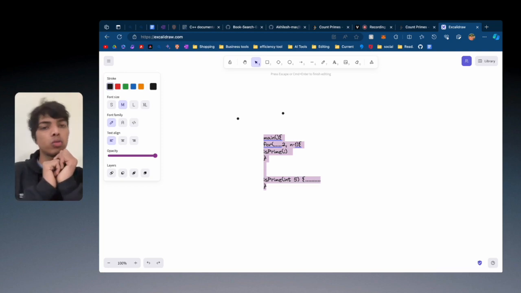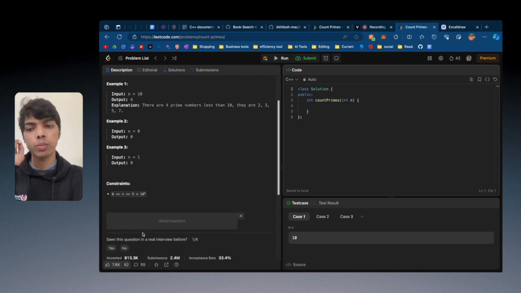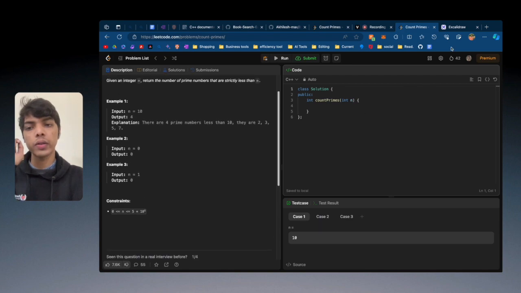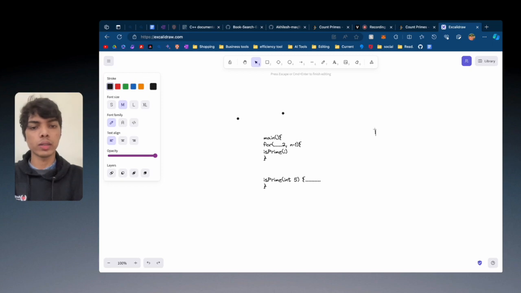But the problem with this approach is hidden in the constraints that have been provided. If we see, it has been mentioned that n can be as big as 5 into 10 raised to the power of 6. It can be as big as this. Now, if you think of this problem, then the time complexity of this solution is big O of n square,